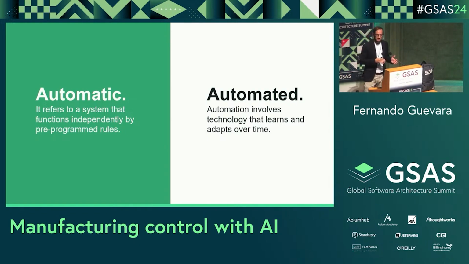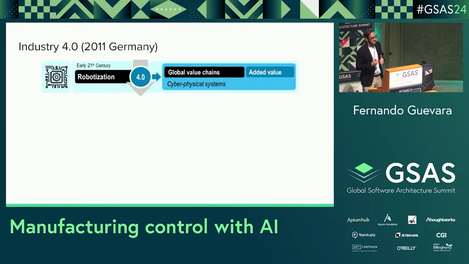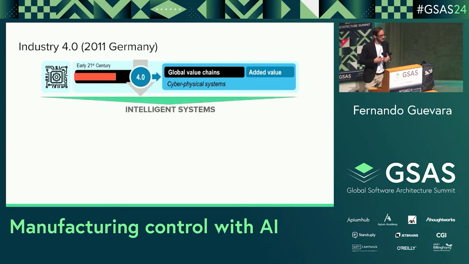But did we really have a success in automation? Are we fully automated? Thinking of automation as, can the machine adapt to the change of context, of decision making on the spot by themselves? I don't think so, right? But that's why in 2011, the German government, so it's a more academic source, created the concept of Industry 4.0. It's like a revamp of Industry 3, the Industrial Revolution we had before, to try to aim for automation, real automation, right? So that's why I don't like the robotization part, but rather the search for an intelligent system, right,